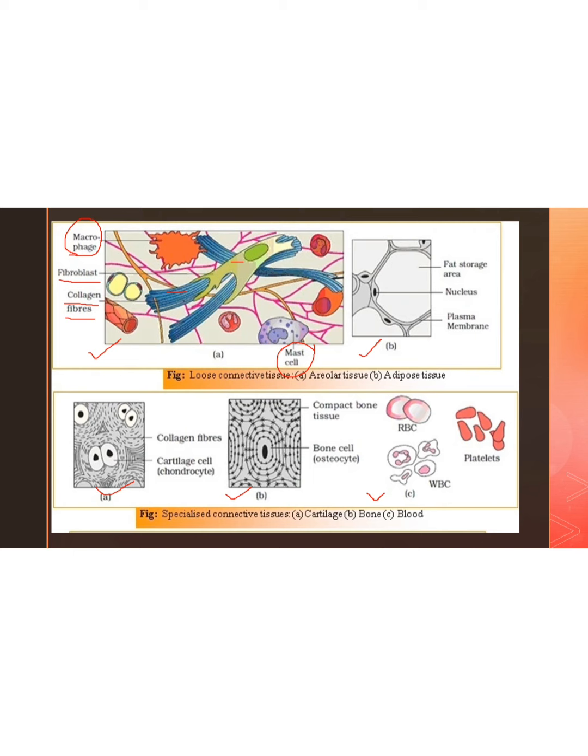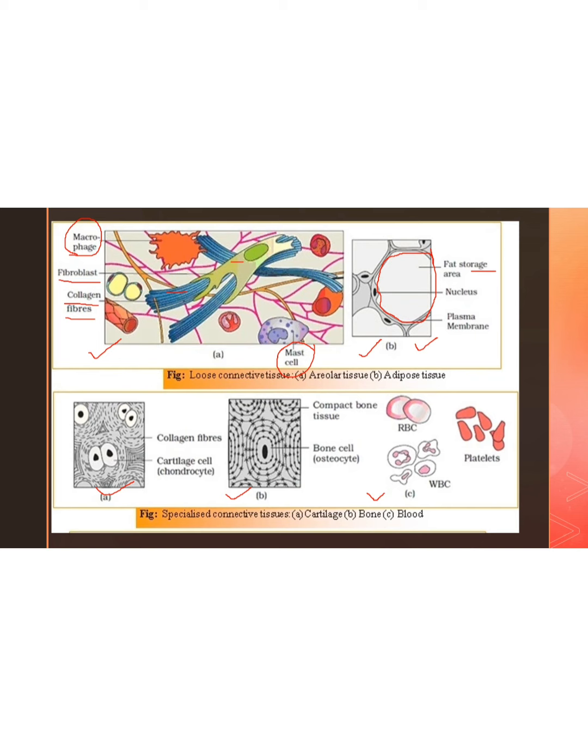Okay, so next is your adipose tissue. This adipose tissue consists of cells which have a huge vacuole and do the function of storage of fat. So this adipose tissue basically helps in providing insulation during cold weather or cold conditions. As these cells are present under the skin, we will not feel much chilled during the cold weather because of the presence of these fat tissues under our skin.